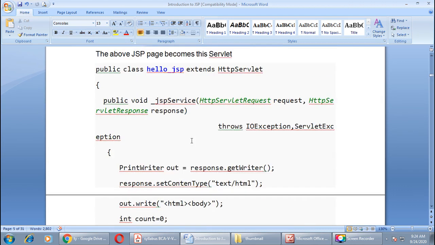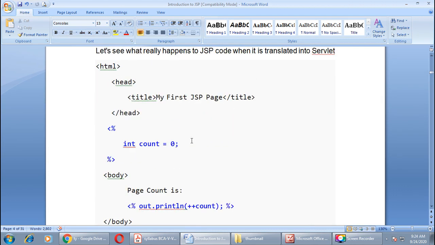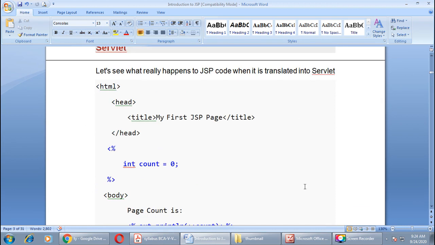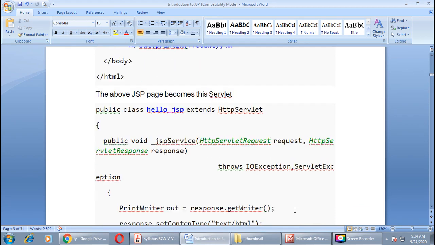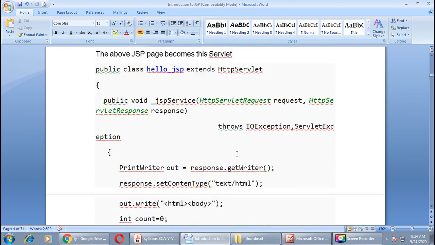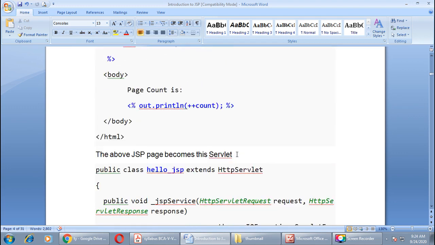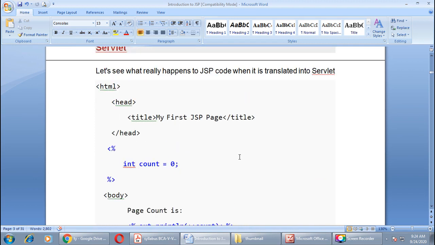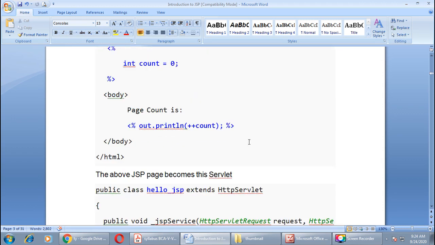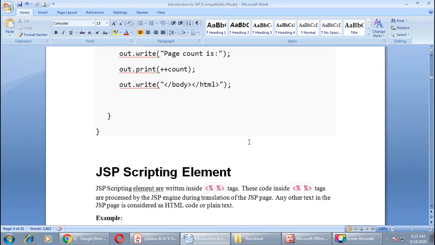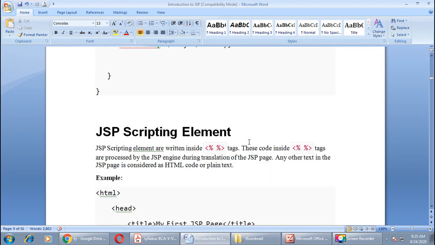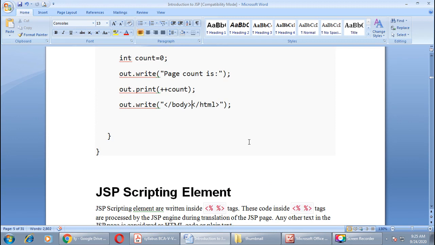So you can compare both these codes. One is JSP code, and here the servlet code is also given. Which one is easier? You can judge yourself. It is better to do JSP code than servlets, and it will be converted to its equal servlet coding by the web container, right? So it is a better way to go through the JSP.